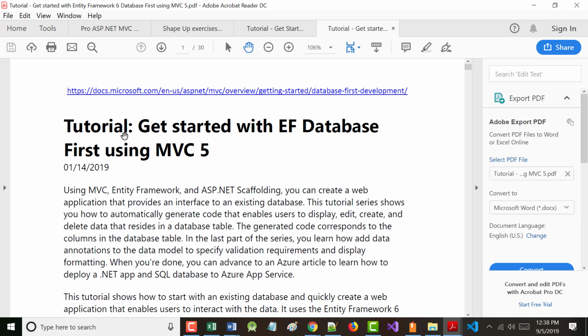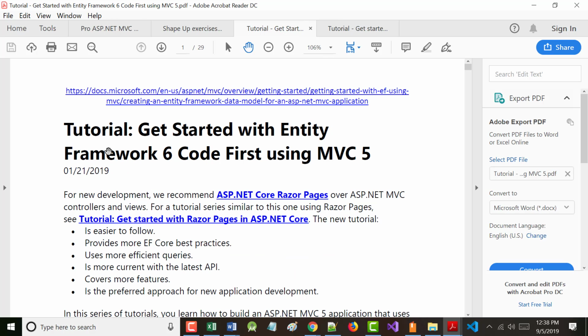We will be going over a tutorial getting started with EF, which is Entity Framework Database first, and getting started with Entity Framework 6 Code first. And you will hopefully by the end of that understand the difference between them. When we finish those, the next day, whenever that is, we will have a hands-on test on chapters 1 through 6. Does that make sense to everyone?